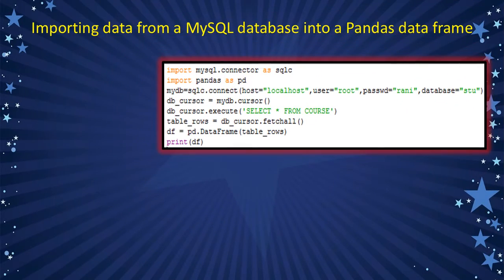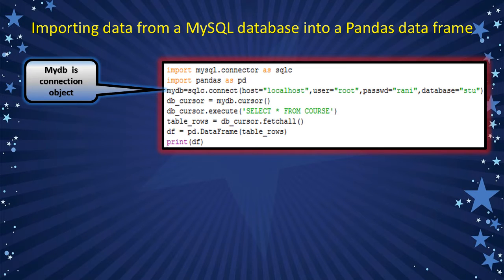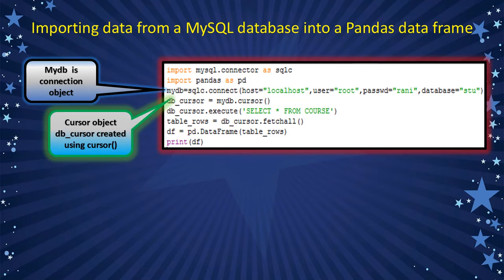Ready. Next, I open the Python IDLE. I installed the MySQL connector library also. So I import mysql connector as sqlc, that is the alias name for mysql connector, and import pandas because the SQL table I am assigning to that pandas object. So import pandas, its alias name pd, and next I create the connection object using the function connect, and host is localhost, user is default root, and the SQL password is Ronnie, and database name is stu.